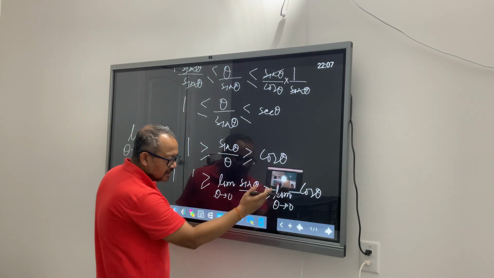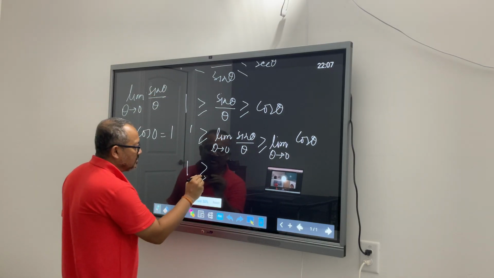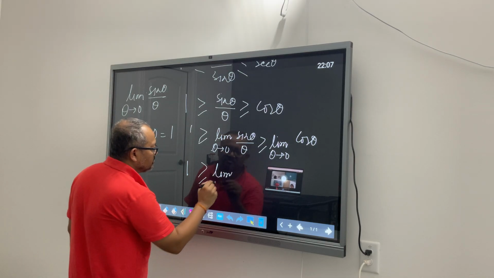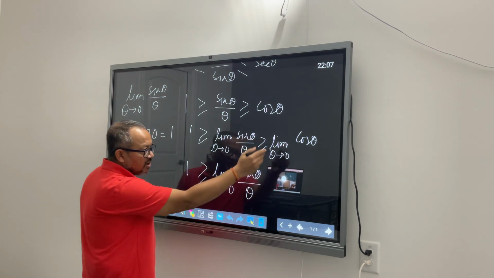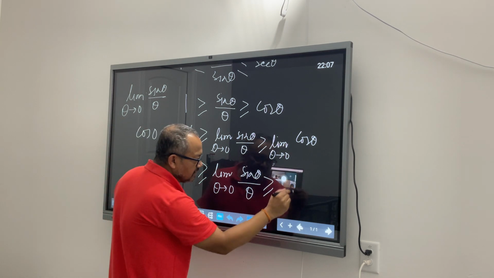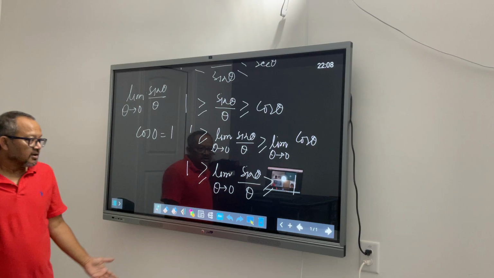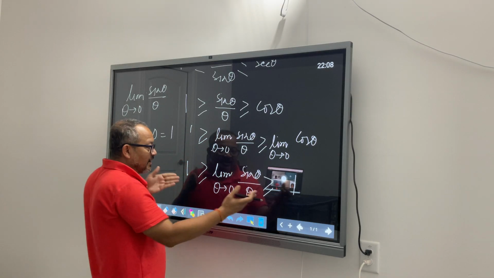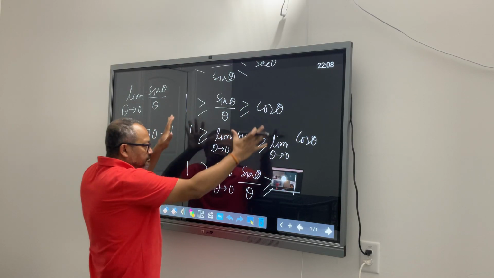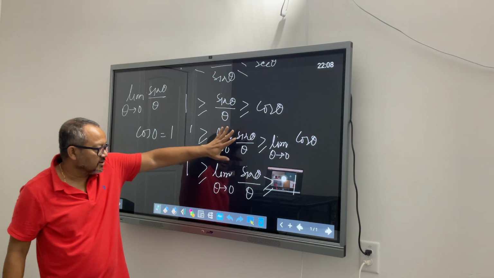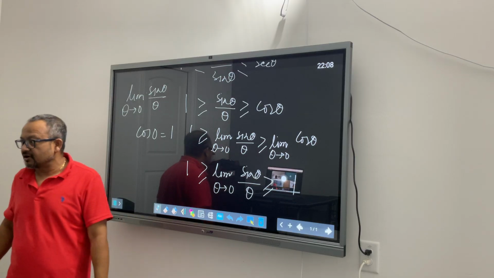So when we are looking at the limit of cos theta when theta is approaching 0, the limit of cos theta when theta is approaching 0 is anyways 1. Yeah? Because cos 0 is 1. We are in a perfect spot where this function and this function, which is outlining the boundary for this function or squeezing this function, both have the value of 1 for theta approaching 0.